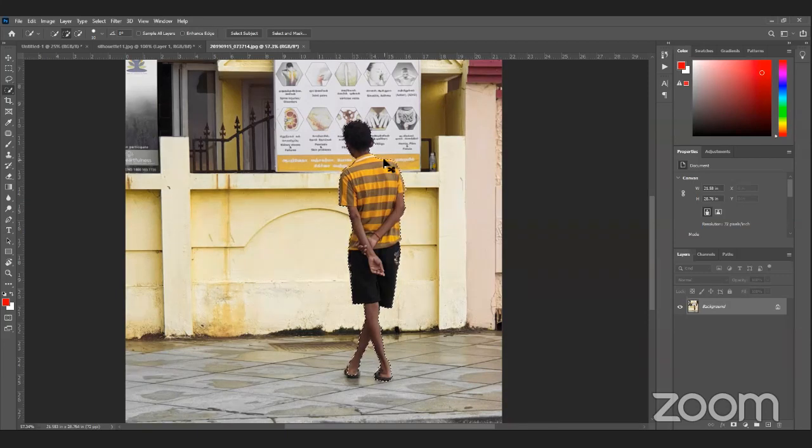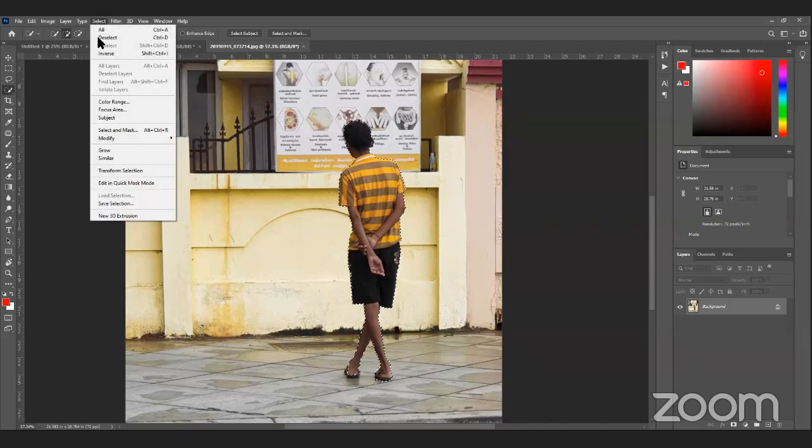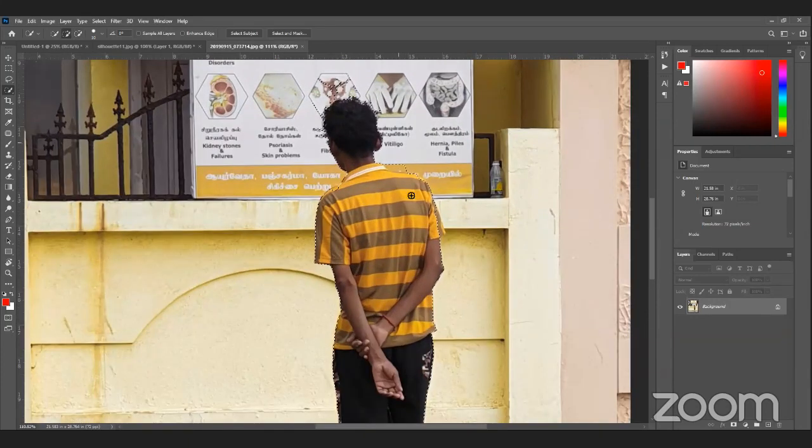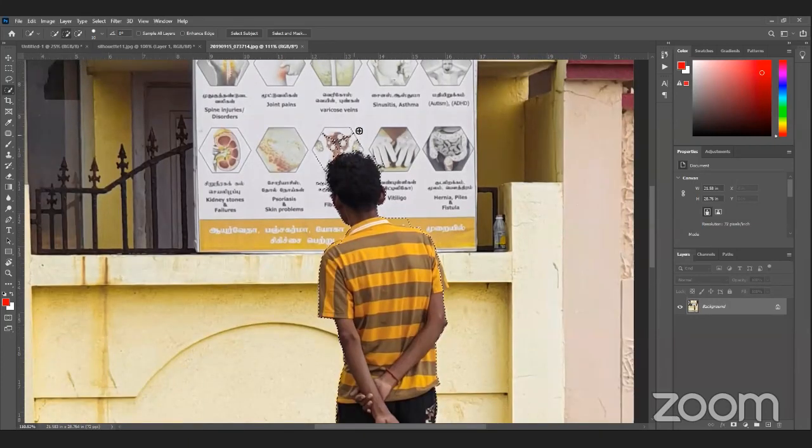Deselect is Control D on your keyboard, or you can go to Select and Deselect. So, object selection tool, select subject: click on the Select menu, then Subject, and then you can select the selection. Now you can see that there is some part which is still not wanted.